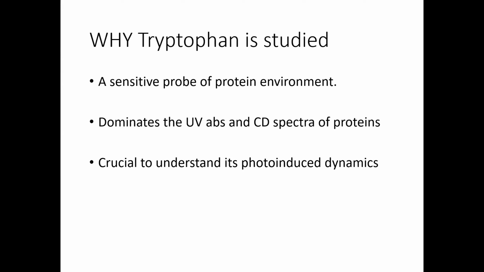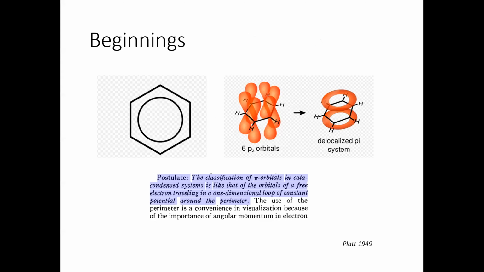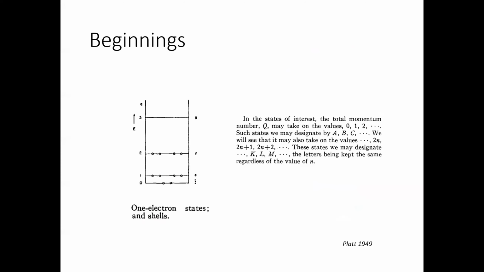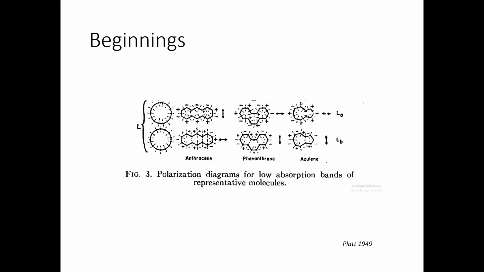Just to give a small introduction, why we study this molecule: tryptophan is present in all proteins. It's a very strong fluorescent molecule, a sensitive probe of the protein structure and environment, and so it's crucial to understand how it behaves at an ultrafast level. If we look at the history of the electronic structure of such systems, this was started by Platt in 1949, who postulated that you can understand these systems as an electron in a ring, and with this approximation he solved the one-electron structure and assigned a nomenclature. He found these two low-lying excited states called LA and LB, which are present in